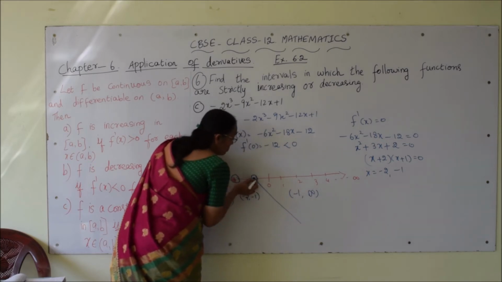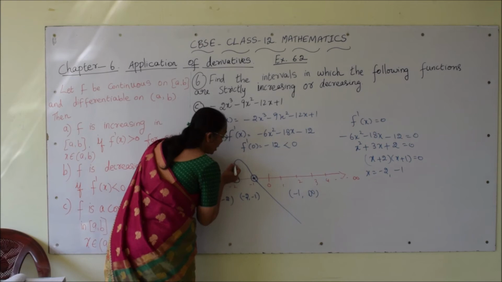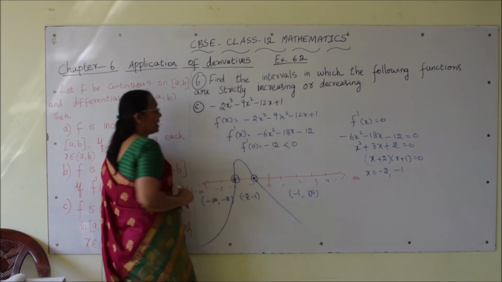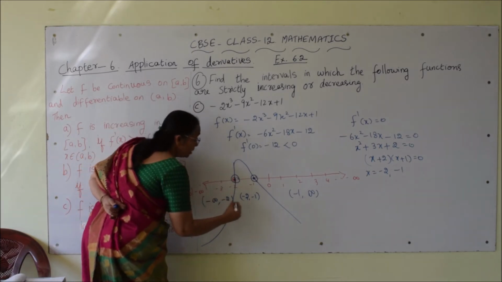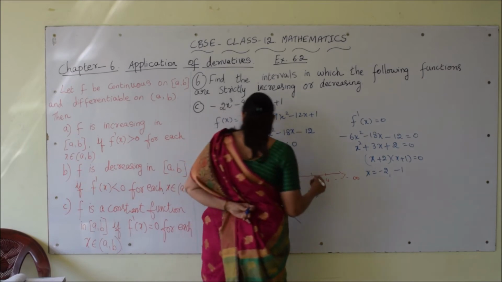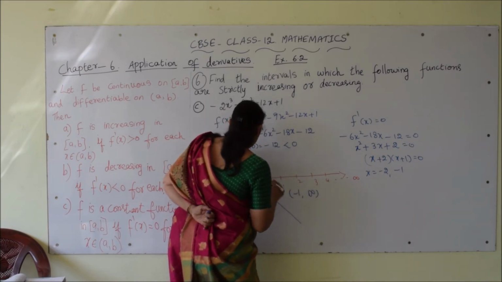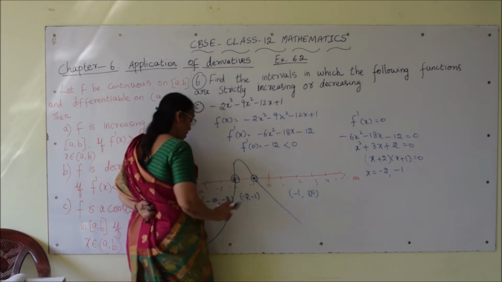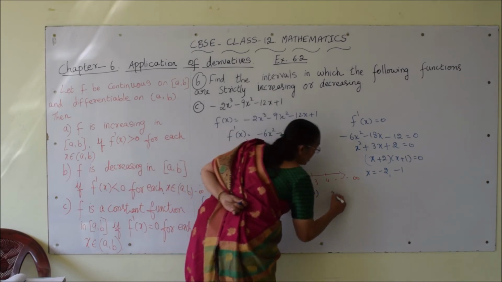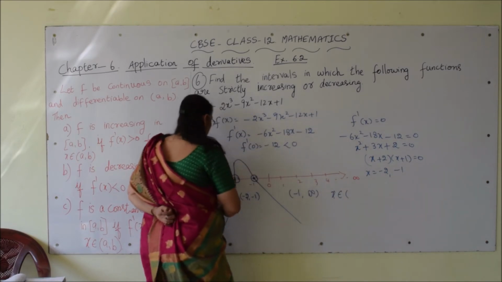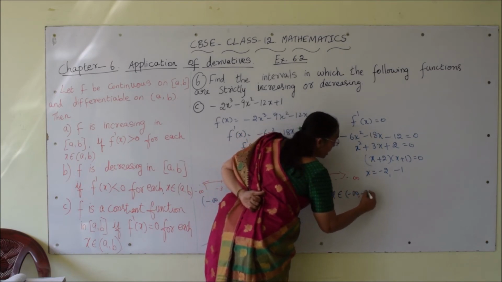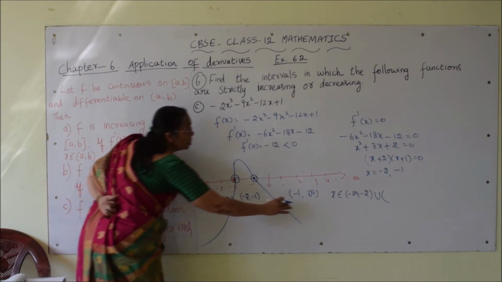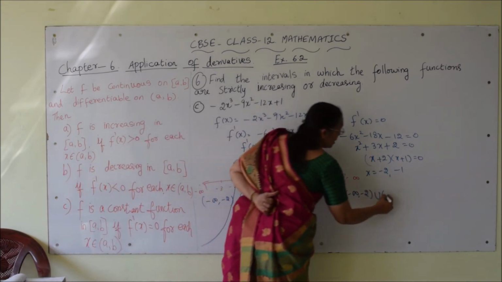So, the turning point is at minus 1. So, from minus 1 to minus 2 it increases again. Then from negative 2 to negative infinity the function decreases. So, we can write, the function is increasing in the interval where f dash is not less than 0. So, here decreasing, here it is increasing, again it is decreasing here. For x belongs to minus infinity to minus 2 union minus 1 comma positive infinity,